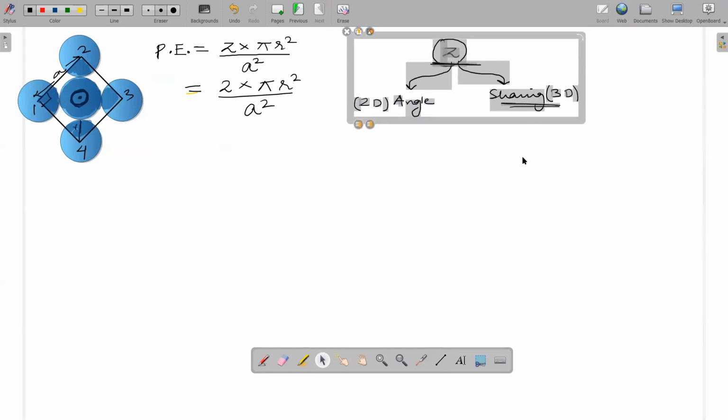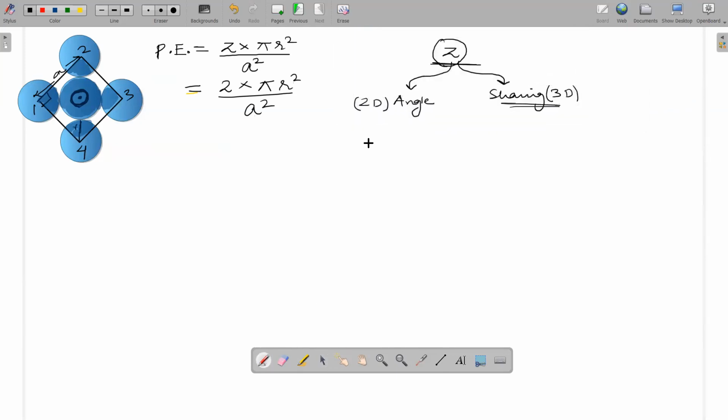I have to find the relationship between A and R. This is the first point about Z, and now we have to find the relation between A and R. Whenever you have to understand the relation between any two objects or even any two persons, you have to see how much of them have that particular connection.